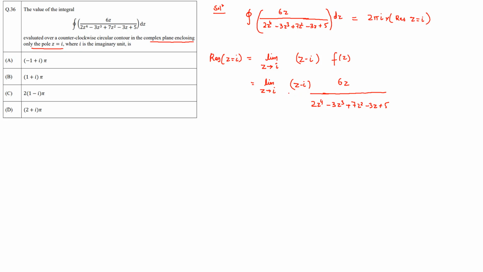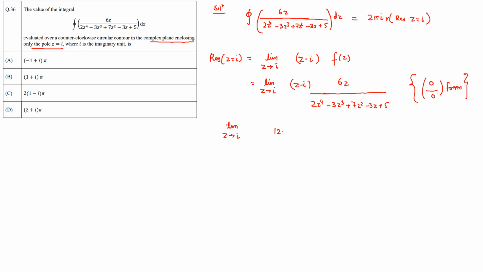Now if we substitute z is equal to i in the numerator and the denominator, we can see that this becomes the 0 by 0 form, and thus we can use L'Hopital's rule. So this limit will be equal to the limit z tending to i of the derivative of the numerator divided by the derivative of the denominator,